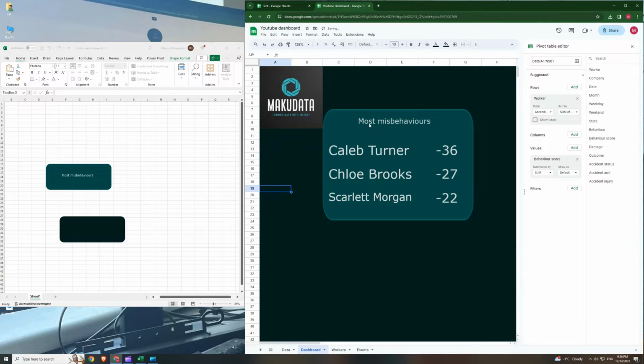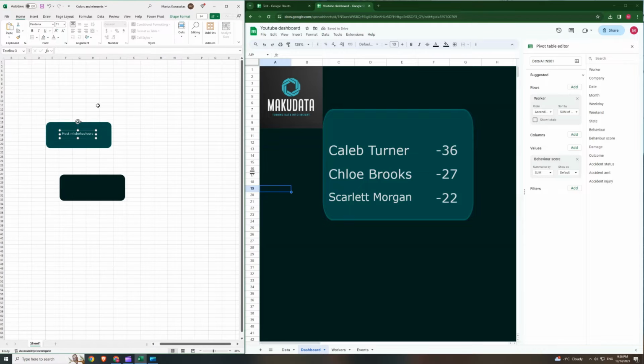We can easily see that we need to change the gray tone to a lighter one and to make this text a little bigger, because this is going to be the name of this visualization, right? So it's easy to do. We simply increase the font size. Let's try 16. Most misbehaviors, and also the color should be this one. Again,